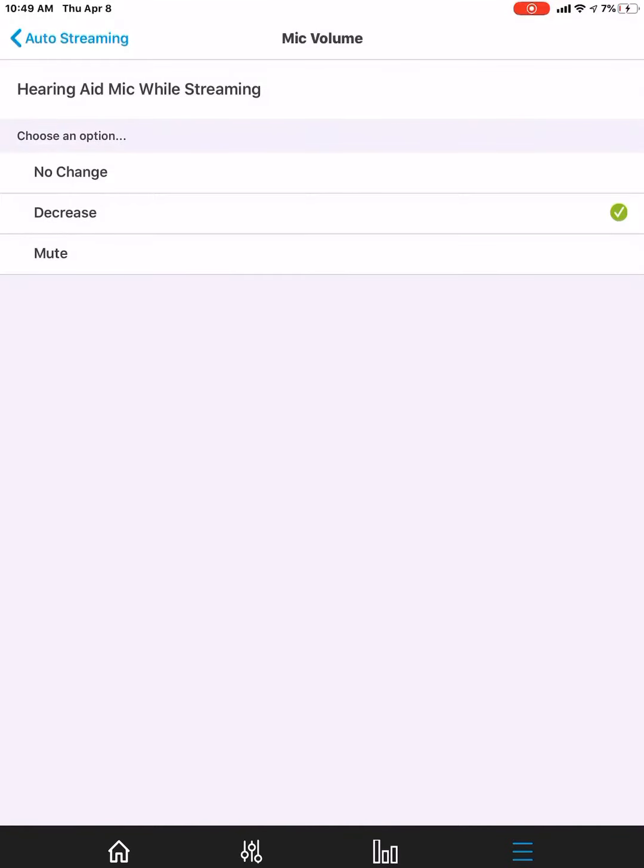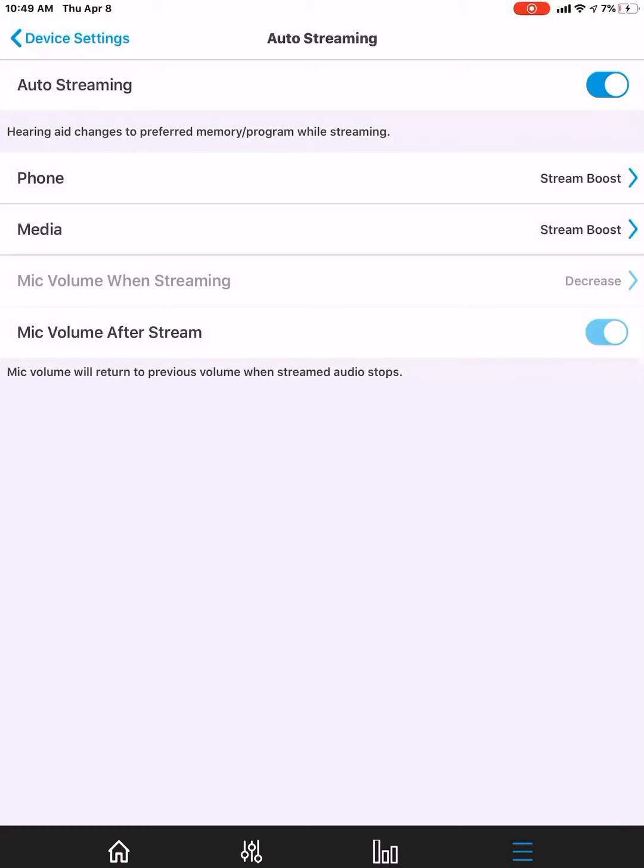So I'm going to hit no change. And so it just takes a second to adjust. But as you can see, the mics went from saying decrease to no change. So that basically will resolve the issue of how you can hear your environment in comparison to whatever it is